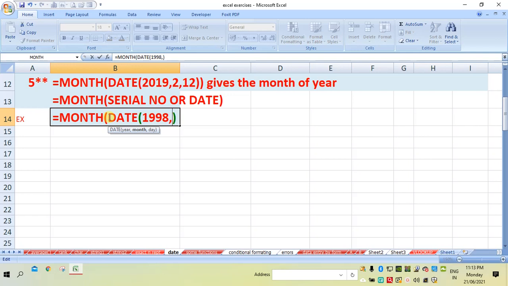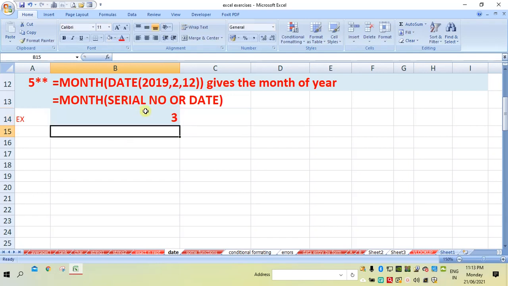I'll write 3, it is the third month, and then I will put a comma and then the day after it. The day is, say, 13, so put the bracket. Now in this date the month is 3, so the output will be 3 only. So this way month is used to extract the month from the date.